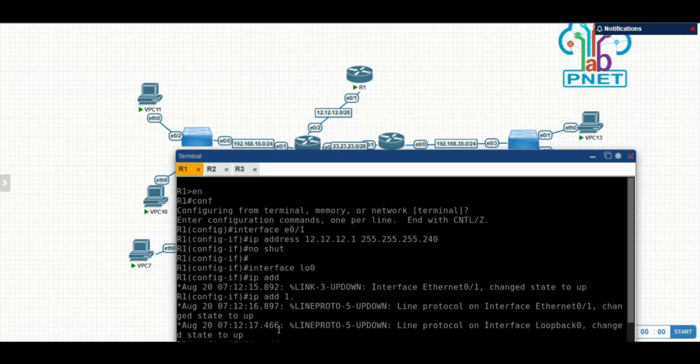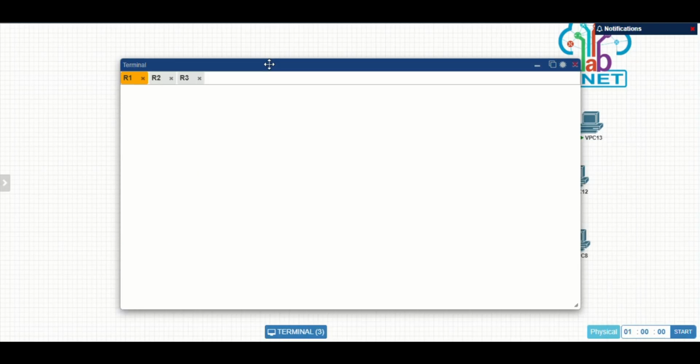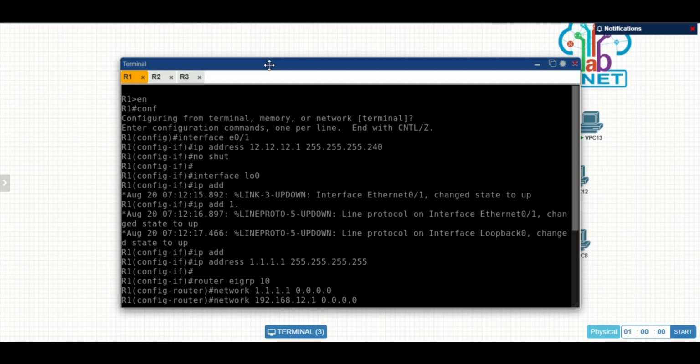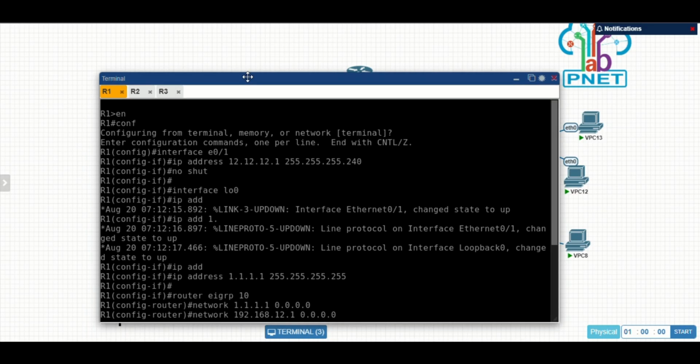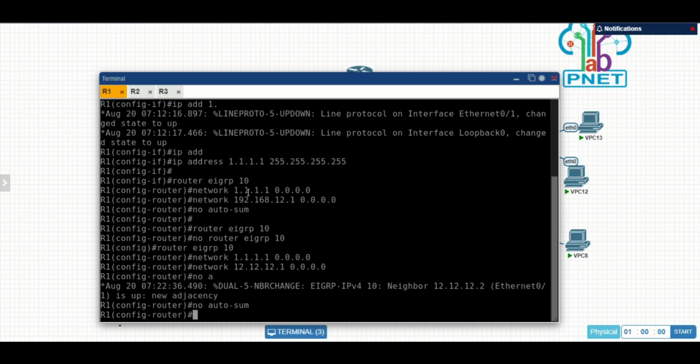The 3 routers that I have already configured. First is of course the IP address, and then connecting the routers with the routing protocol IGRP. So in router 1, I configured interface Ethernet 1 connected to router 2. This is the IP address. Then don't forget no shutdown. And I make the interface look like this with the IP address, and then don't forget the next step is to make router IGRP.